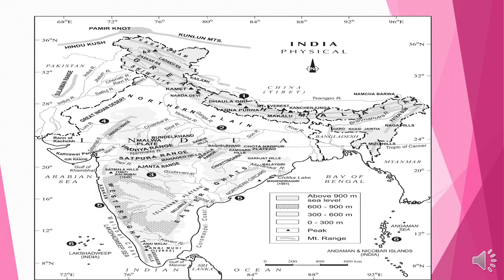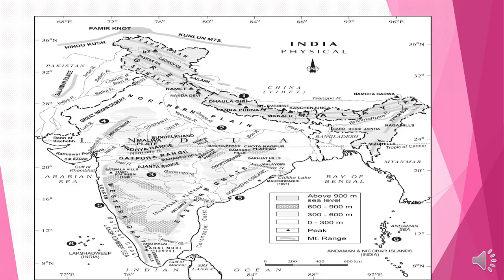And after that, the western part of the Aravalli range, and the Aravalli range is located in Rajasthan. The western part of the Aravalli range is called the Great Indian Desert, and the Thar Desert is the largest desert in our country. They receive very little rainfall, less than 150 millimeters, and this area is very arid and very dry.